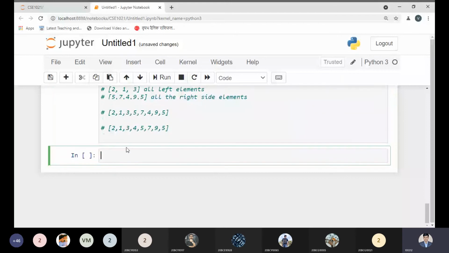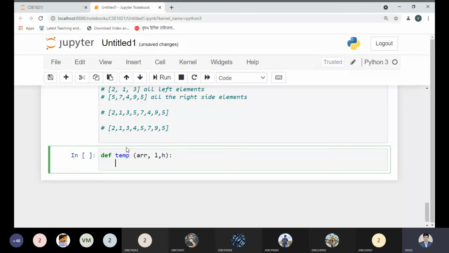Let me write a simple example of a function. I can say define temp. This I am just defining as a temporary function, and I am defining some array. I will take the low value and I will take the high value. By this method it will help you to understand. f is just my first value. I'm taking num; let me make this program with for num in the array, by list index. If the number is less than low,